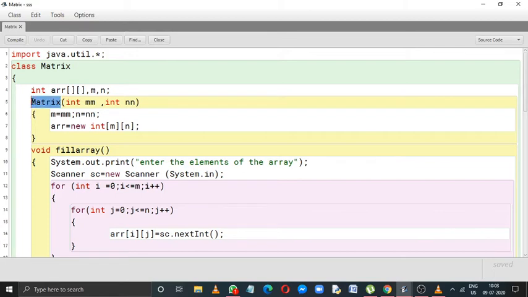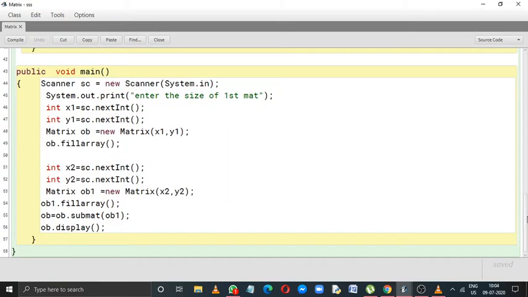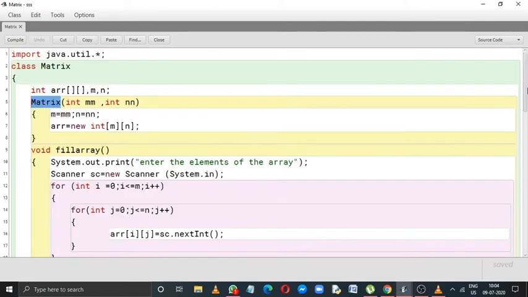See, the name is the same as the class name. This will accept two different values, int mm and int nn. In the calling statement, we pass the arguments x1 and y1. That means x1 will become the value of mm and y1 will become the value of nn.